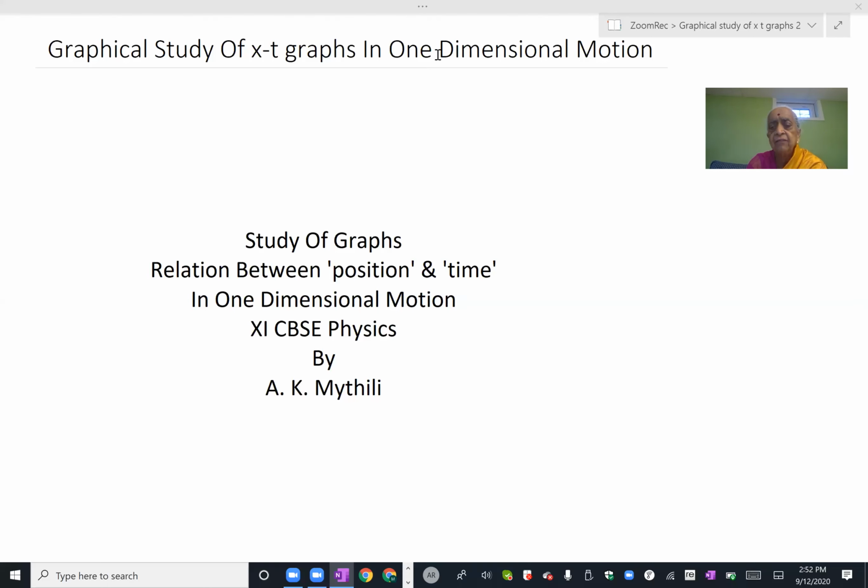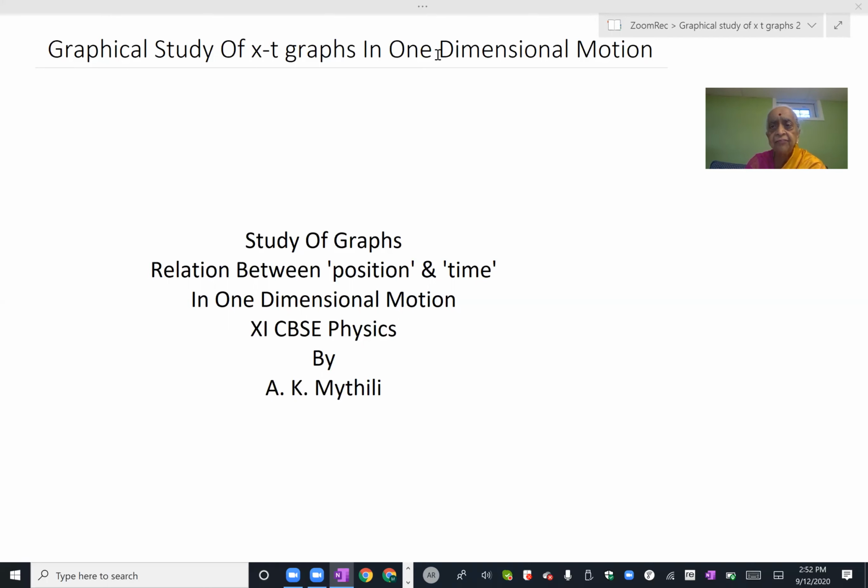You know that velocity may vary from time to time. Acceleration may also vary from time to time, even if we are assuming that acceleration is a constant. But it is not a crime to have acceleration also varying from time to time. Position definitely will vary from time to time for a moving body.